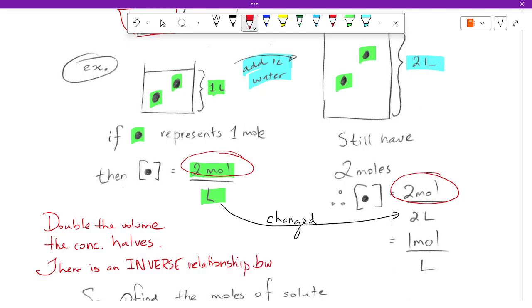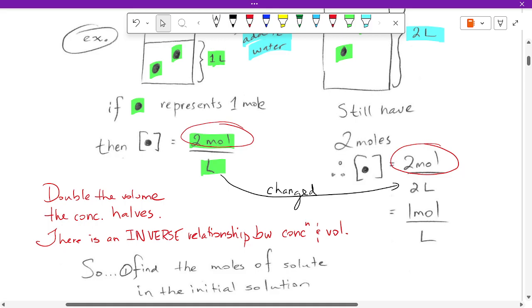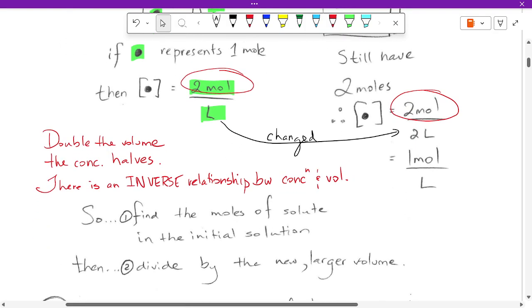There's an inverse relationship between concentration and volume. That can be a nice little intuitive thing to know, okay? A lot of the time, as one goes up, the other goes down, proportionally to the inverse. So in any type of dilution where you are being asked what is the new concentration, you are going to,